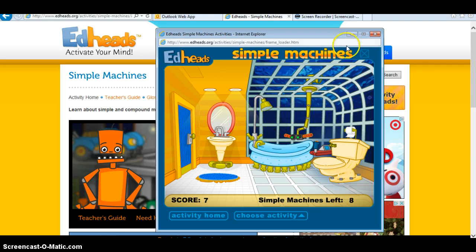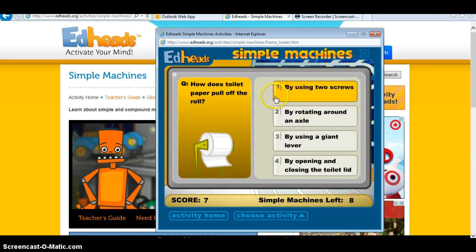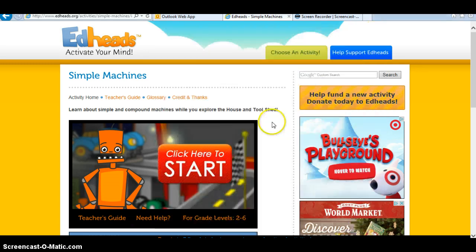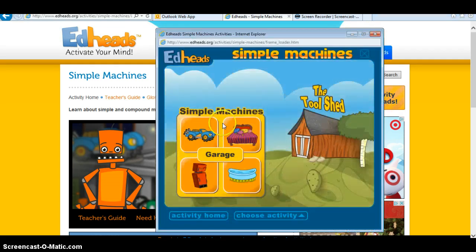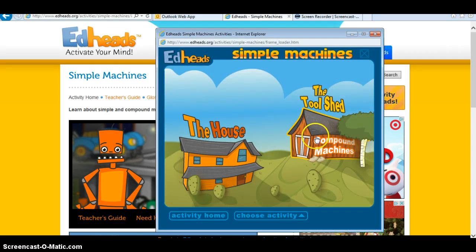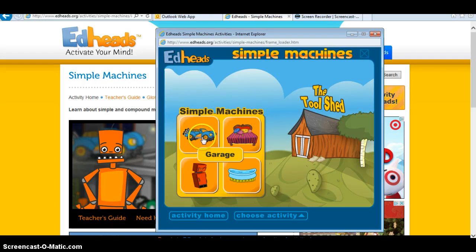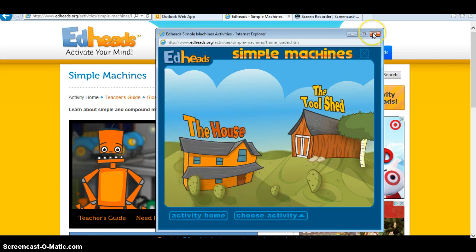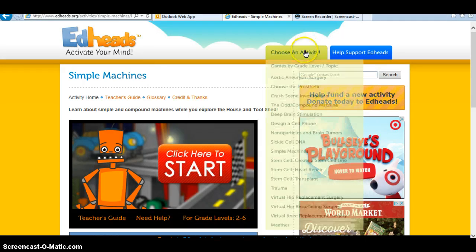Okay, and that's it for simple machines, but I'm just going to click on each one. You have the toilet roll. Oh, I stopped it. So I'm going to go to start again, and then let's choose. We've done simple machines. That was simple machines. So let's go to